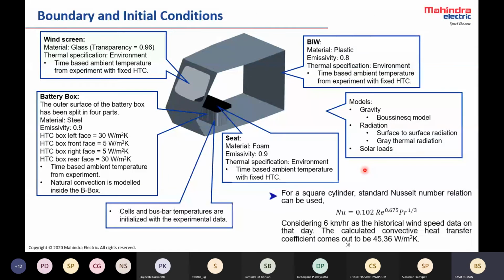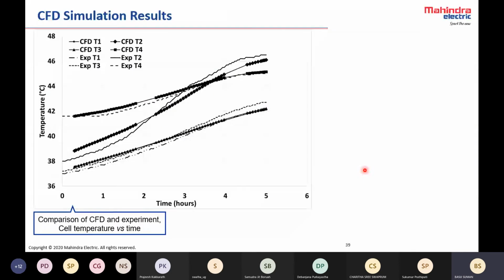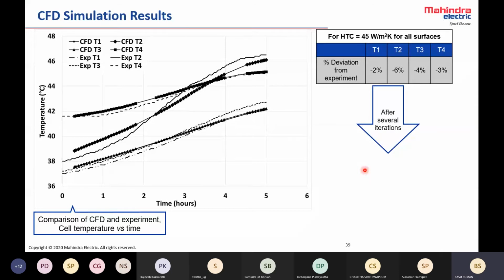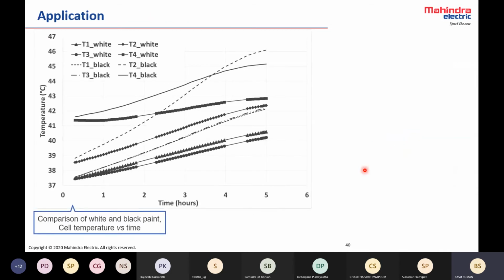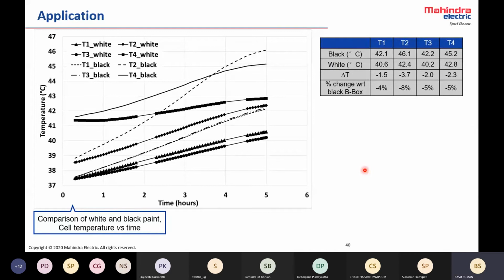So if we are able to predict the temperature, then what do we do? In this particular case, our initial design had a black battery box. Because that was coming from a particular design, the look, whether the base plate of the vehicle is black. So the designers matched it with the black color. So we said, don't use black, use white there. If you use white, then suddenly we will be able to reduce the temperature. And in some cases, quite significantly, more than 2 degrees C.